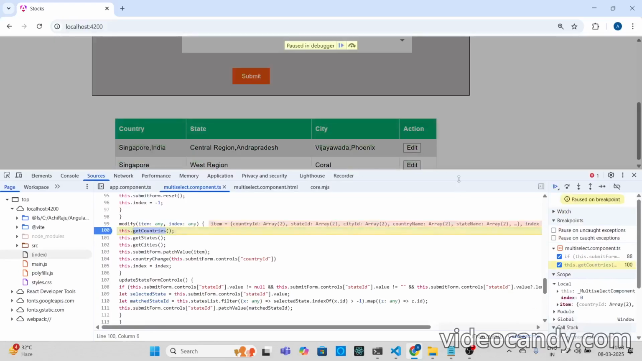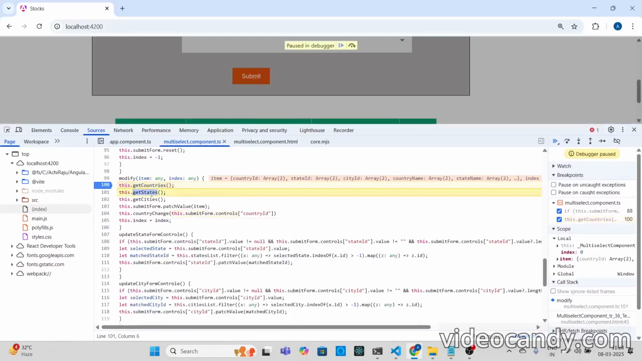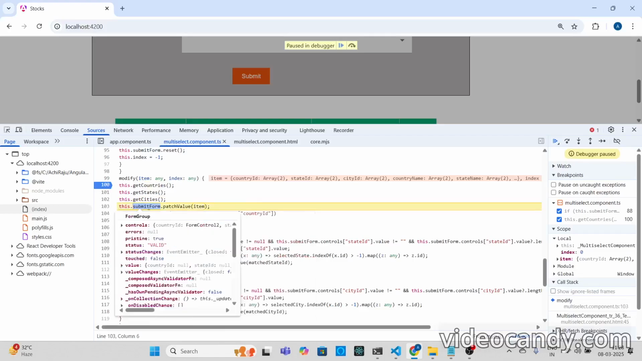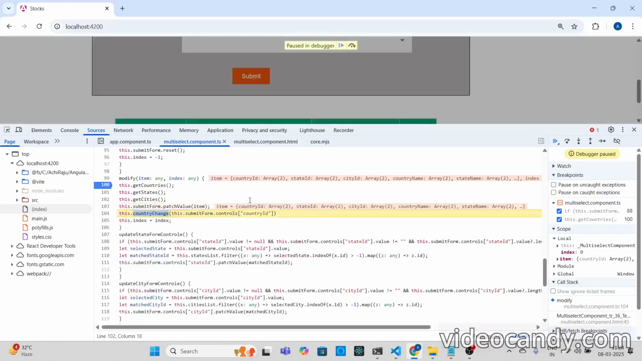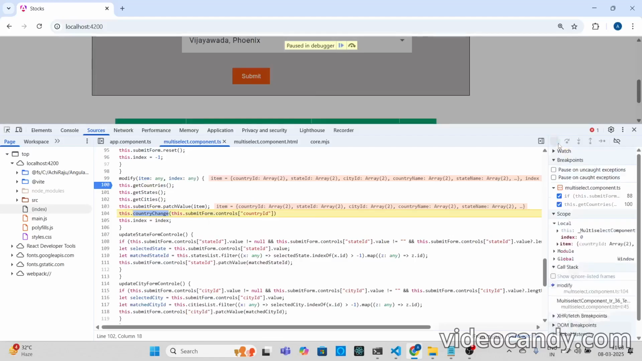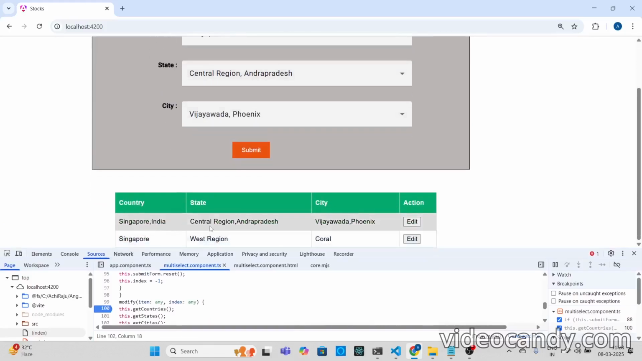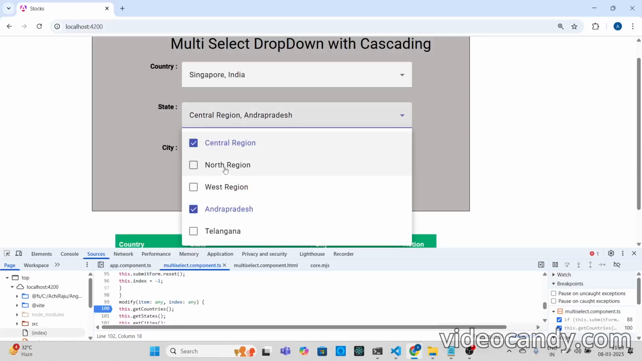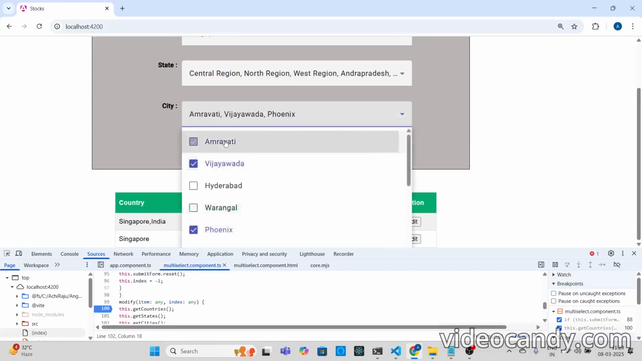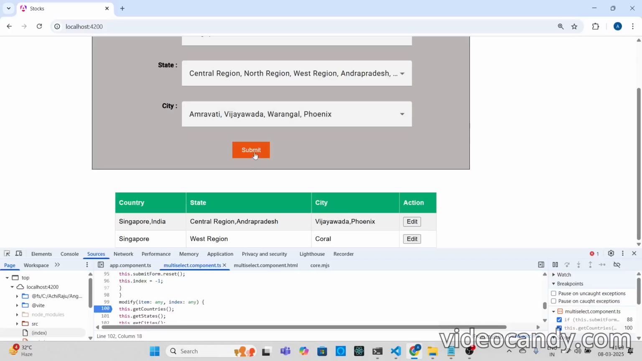I click on edit. First we are fetching the total countries, states and everything. Then we fetch the modified item from the HTML side. Then we patch that particular item into the submit form. Now we will check the output. See, Singapore and India, and central region, Andhra Pradesh, Vijayawada, Phoenix. If I add some more states, and click on submit,